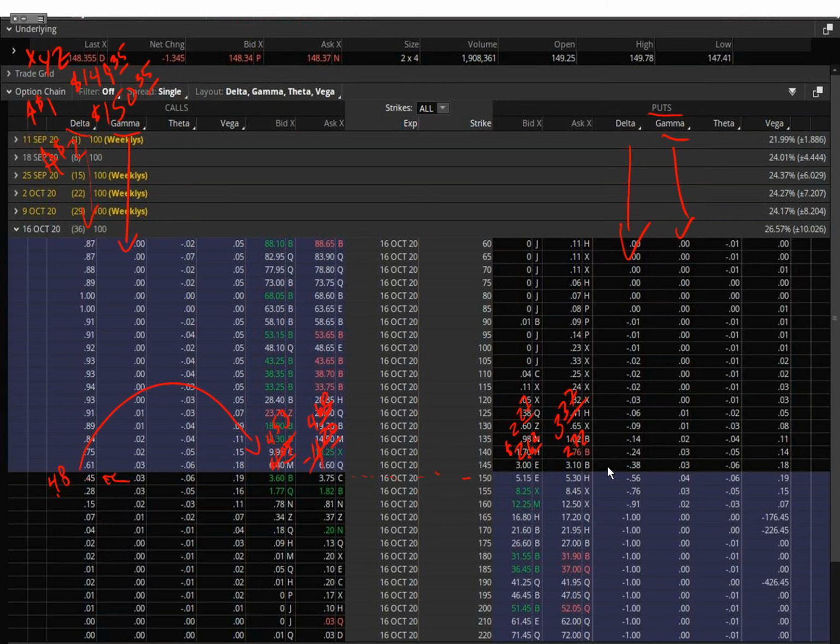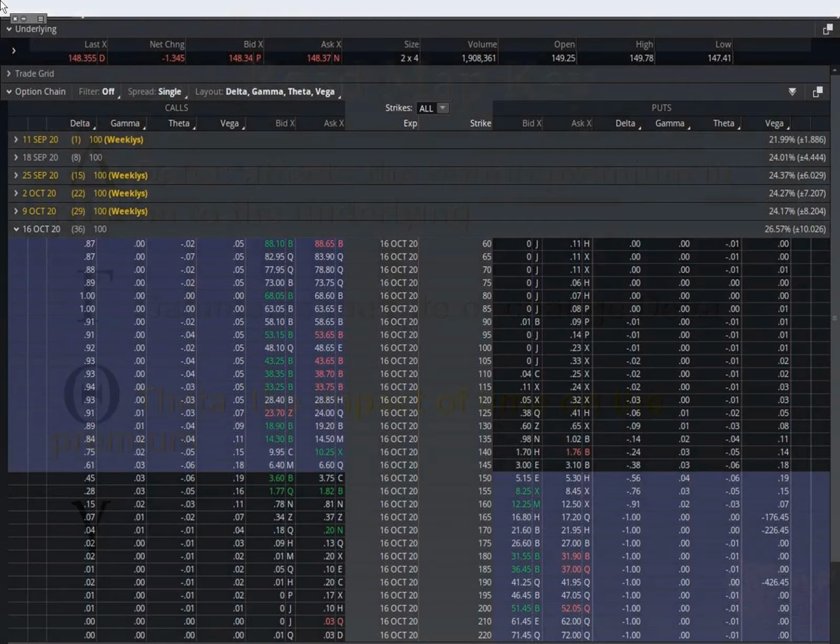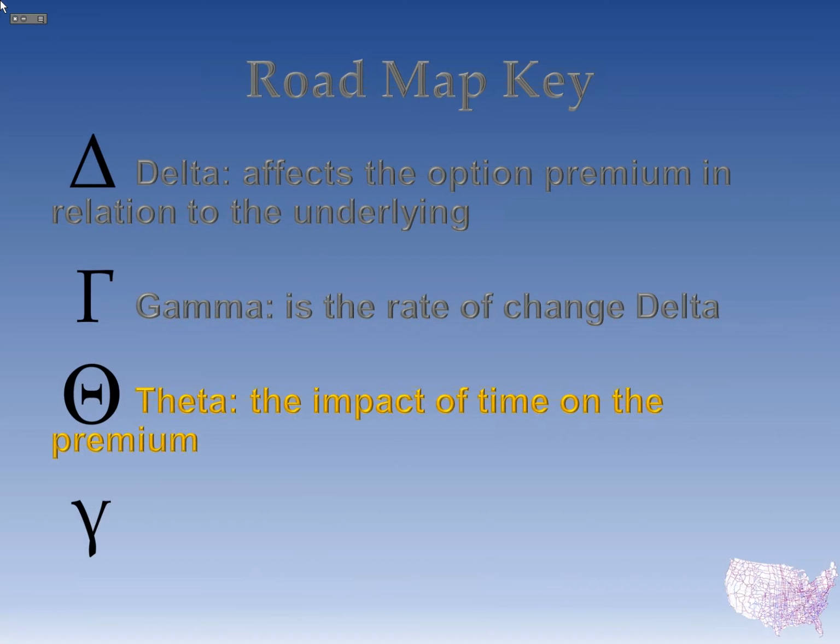And if it was a $2 move to the negative side, we've got a negative move plus a negative delta. That would make that a positive delta then. Okay. So we're going to keep those things in mind as we go forward. But remember, gamma just goes with delta. Delta is the first dollar move. Gamma is the second dollar move. Gamma doesn't really affect the premiums on the first dollar move.